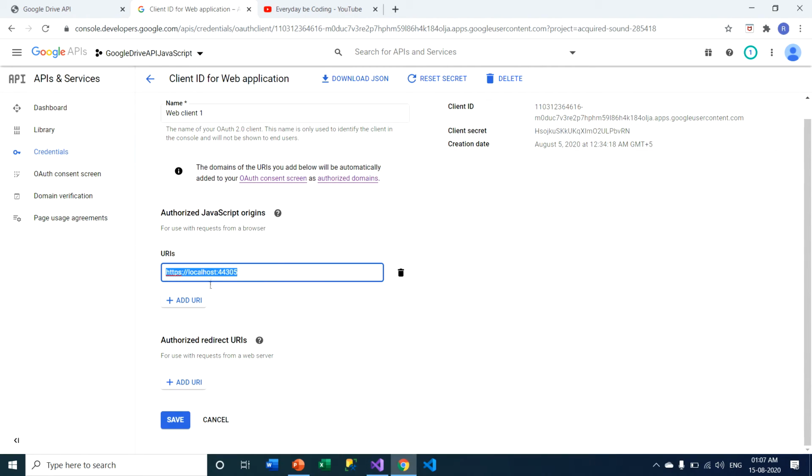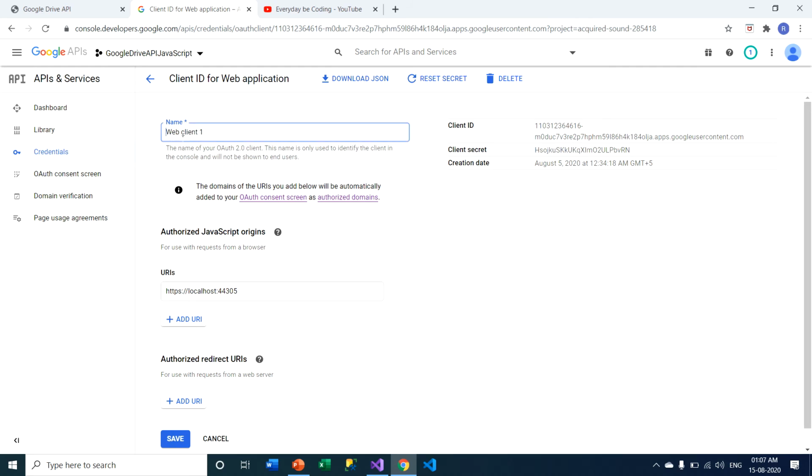My application runs on localhost under port number 44305. That's why I am specifying this URL in this text box. You can add multiple URLs. That means multiple web based applications can access this web client 1, that means the OAuth 2.0 client ID, and this is nothing but a credential. By using this credential, your application can access the Google Drive API or any other Google API.